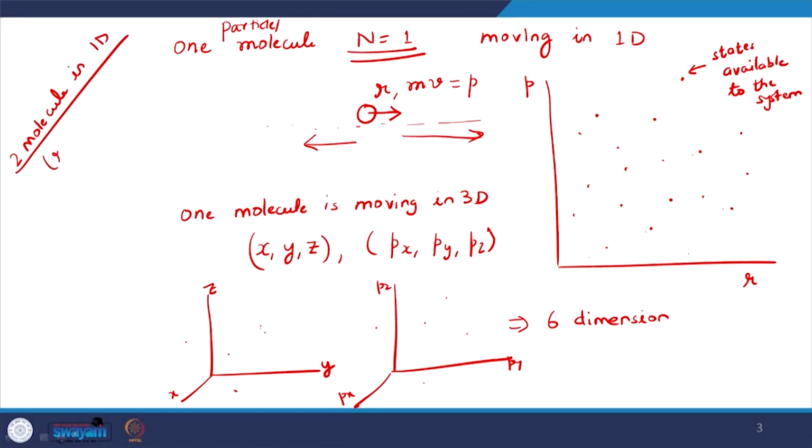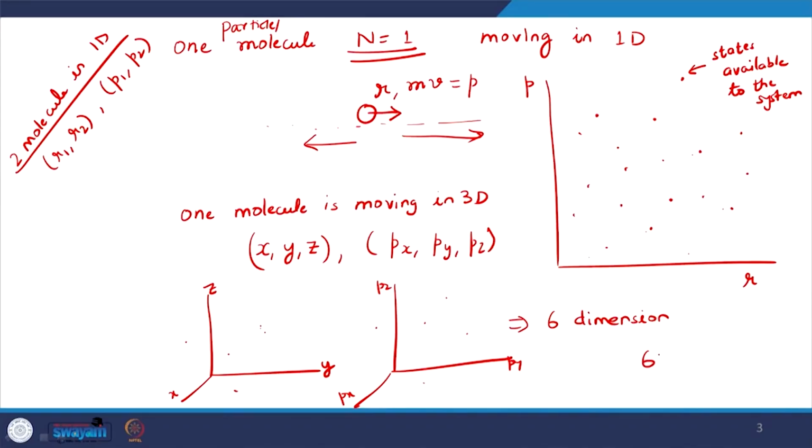Now, you will have position of these 2 and momentum of these 2. So, now in totality you will have 4 variables to take care of. Now, if I do in 3D, we are going to have 12 variables, right. So, if I keep on extending the argument, in 3D we have in total 6n dimensions, and that even if